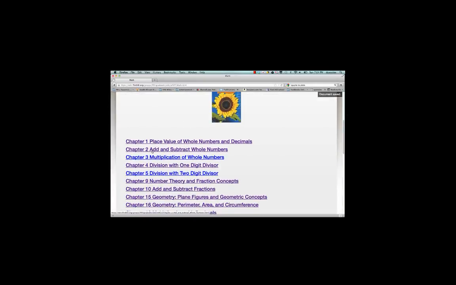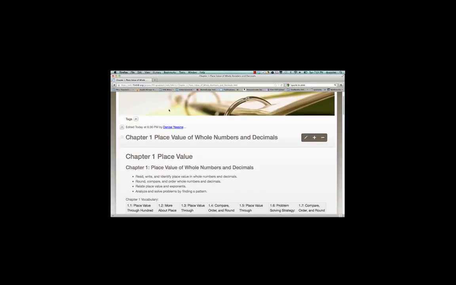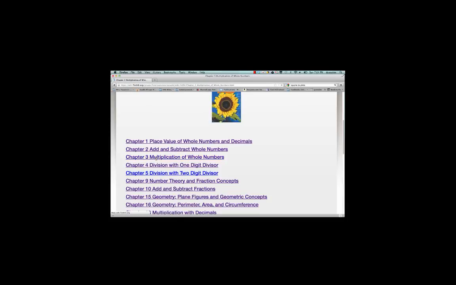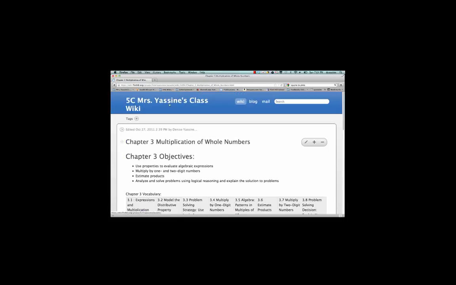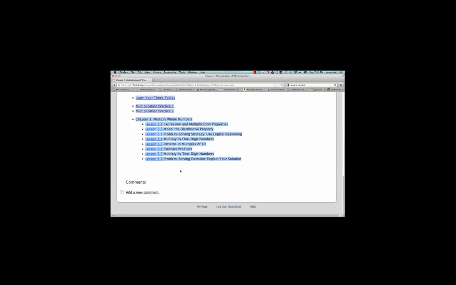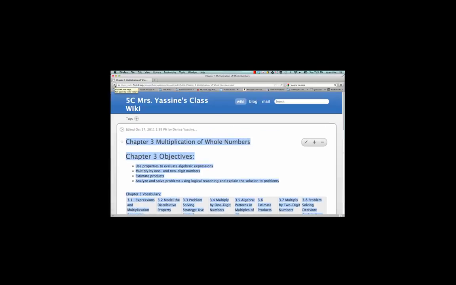Now the first two I've already done, so that when you click on chapter 1, it's still the 5th grade wiki. So you don't have to worry about chapters 1 and 2, but chapter 3, when you click on it, says Denise Yassine's class wiki. So what you need to do is, you don't even have to hit the pen to do this. You just copy the page, all of the content, copy, and then you go back here with this arrow,